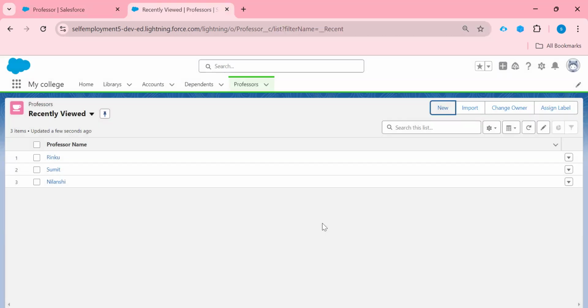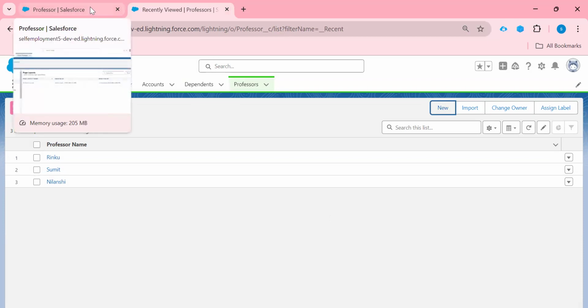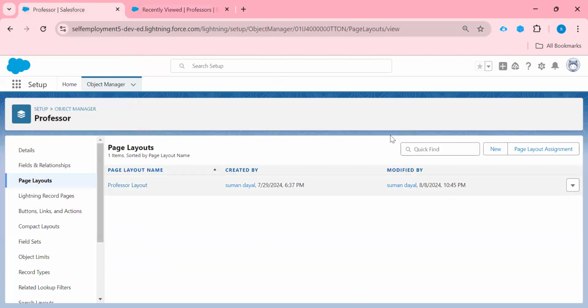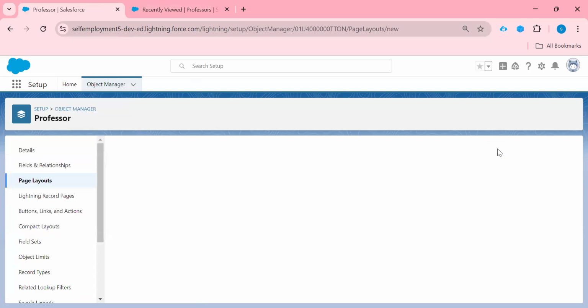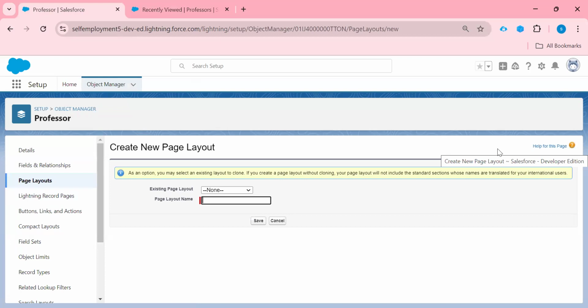Right? Now we can create our own page layout also. How can we create it? We do the same procedure: come to page layout, and here click the new button. Now here I need to give the name of an existing page layout which will work as a base layout.